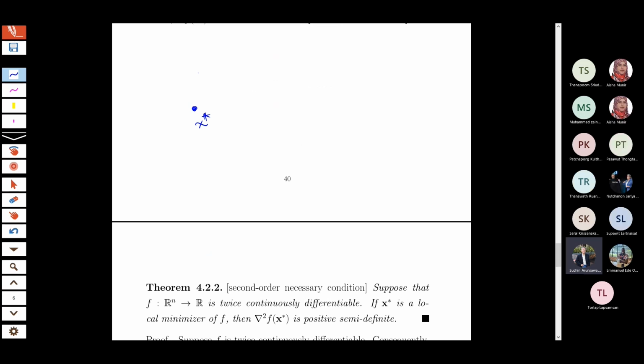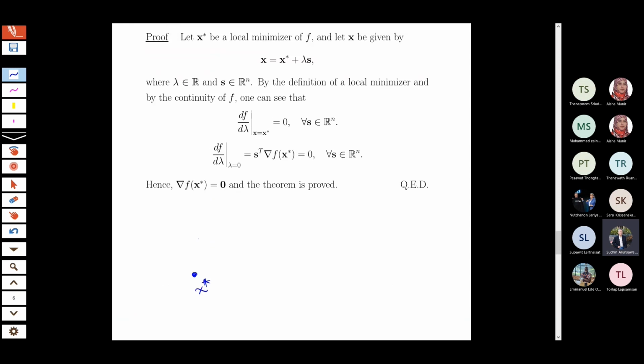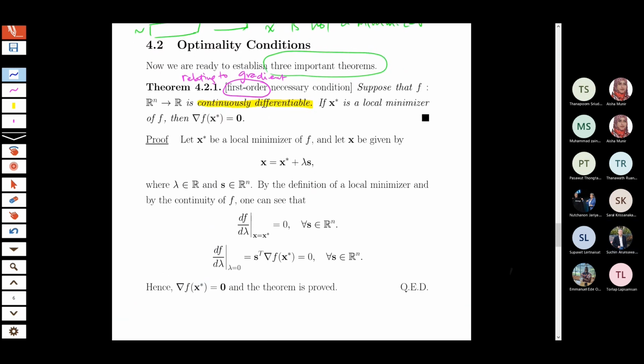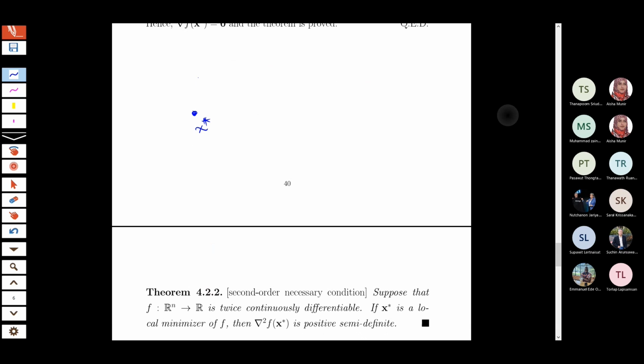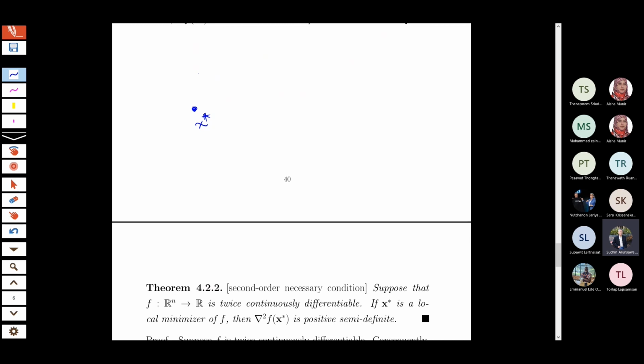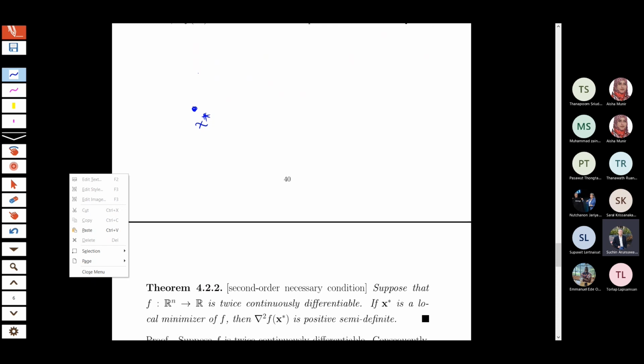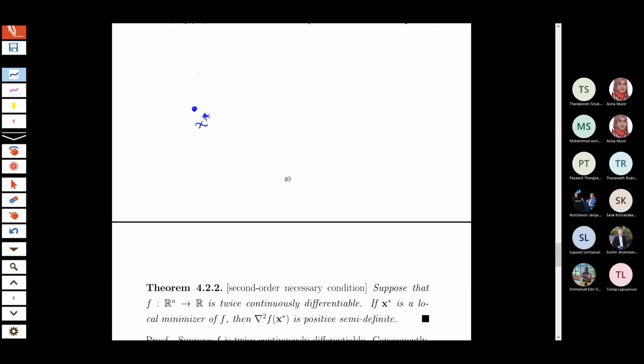Here we assume that x star is a strict local minimizer. If the point x star is a local minimizer, what happens? It means that any point in the neighborhood